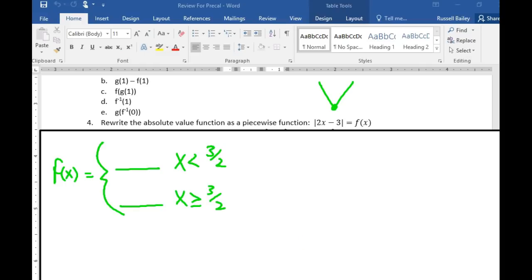Now, 3 halves, if you don't know what 3 halves is off the top, it's 1.5, right? So for anything less than 1.5, we're going to be on the left half of the V shape, and for anything greater than 1.5, we're going to be on the right half of this V shape. So we need to figure out what half we're on there. So I'm going to pick a number that's less than 1.5. For example, 1. If you were to plug in 1 here, we get